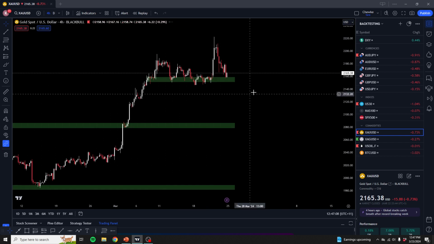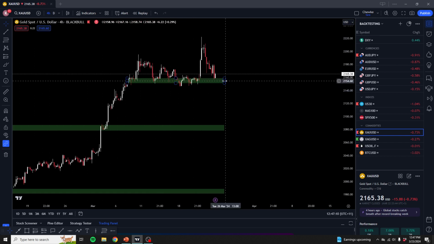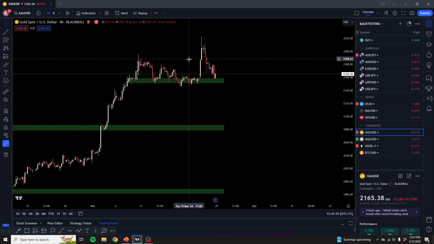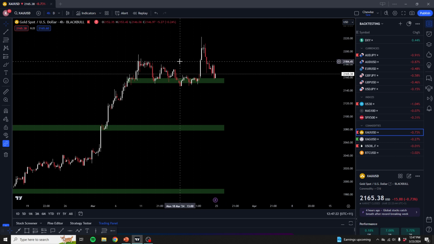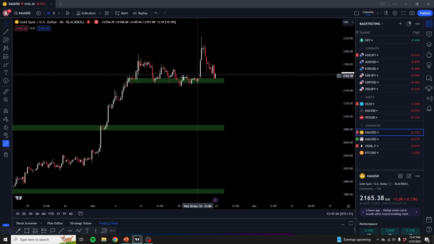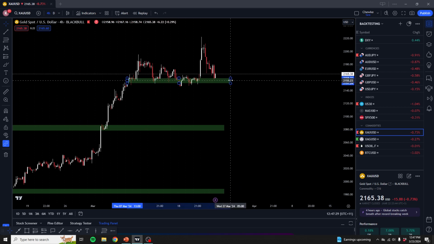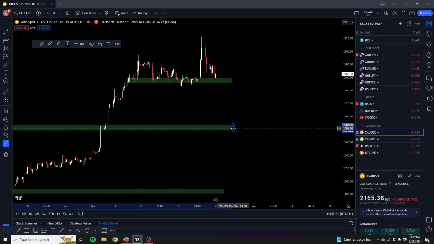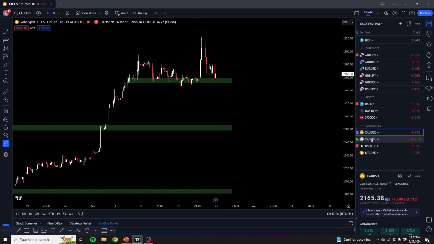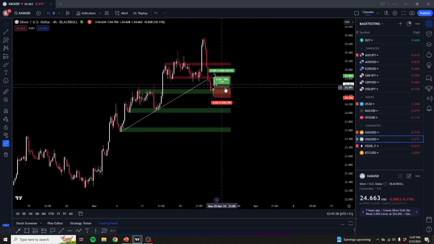So good bias. Gold, the reason why I wouldn't take a trade on gold right now is just because it's been choppy around this support area. I would have liked it to shoot up, make something, maybe touch this resistance turn support, but because it's touched this area multiple times, I'm not going to really focus on it. I'll still have a look at it, but yeah, not a fan right now of gold's technicals at least. Fundamentally good though. Fundamentally silver's good as well. Hopefully this is a good trade, but we'll see how it goes.